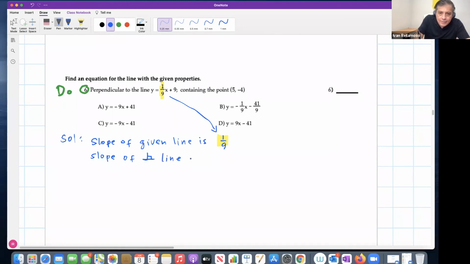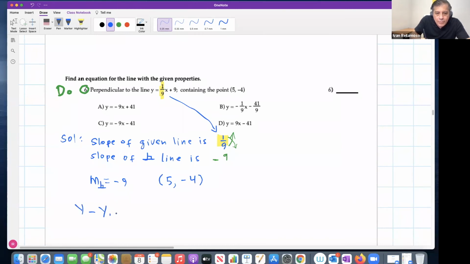What is that? Well, two things that you must do to this guy, right? You have to flip this guy. And not only that, you have to change the sign, right? So this will become minus 9/1, but 9/1 is just -9, right? So conclusion, with a slope of -9, and this point, the slope of the perpendicular line is -9, and the point is (5, -4),